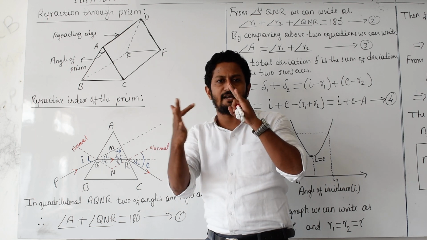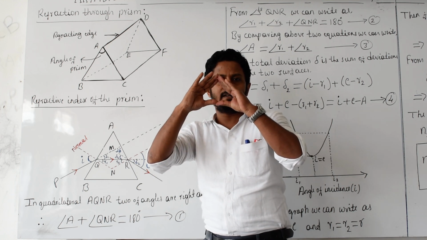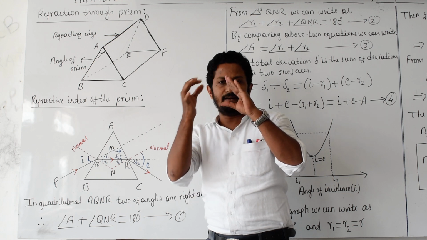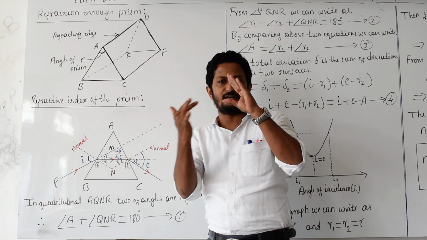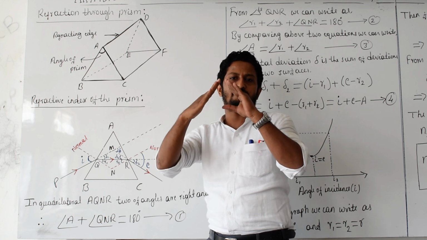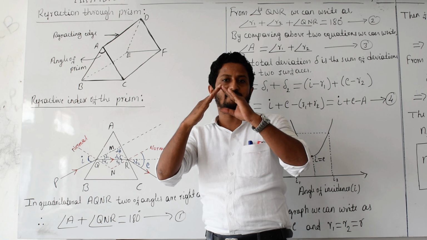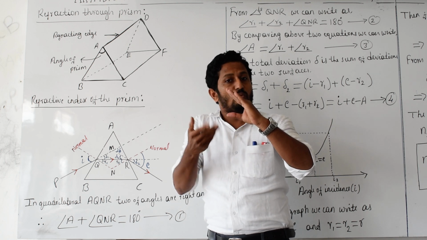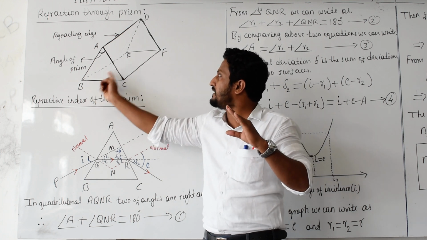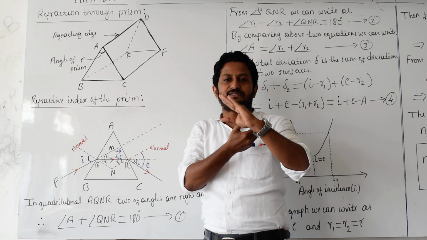The front looking triangle is A, B, C. Front triangle. On this side one rectangular surface, and on this side another rectangular surface, and at the bottom one more. That bottom one I already told you, this one, B, E, F, C. This bottom one is B, E, F, C.